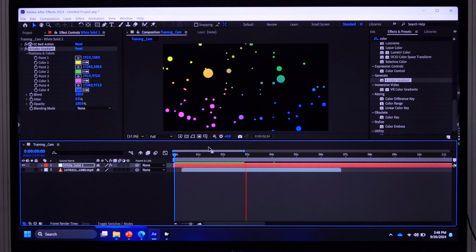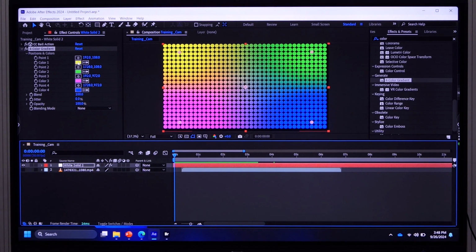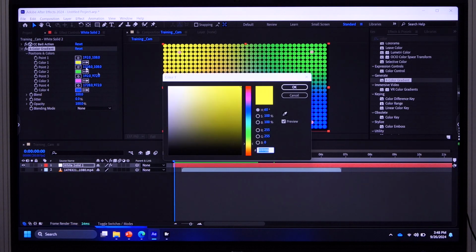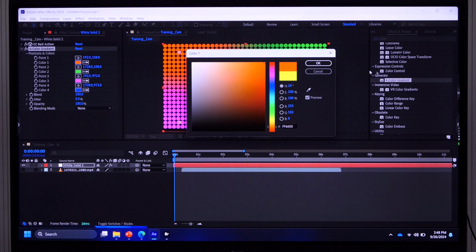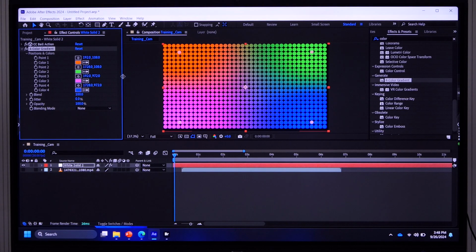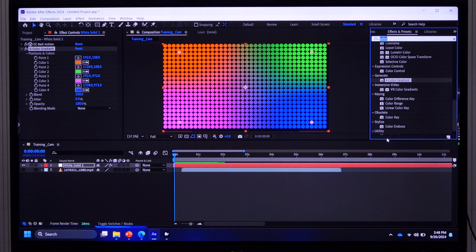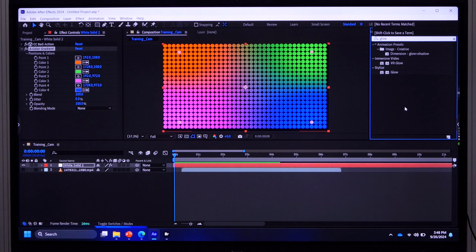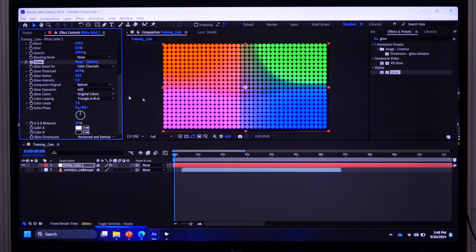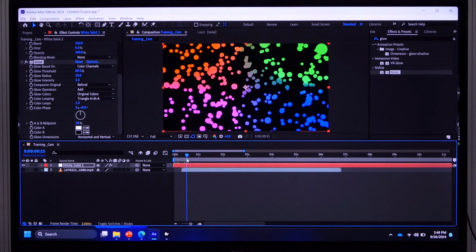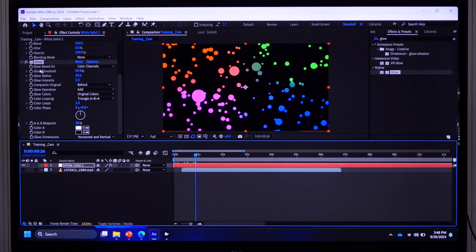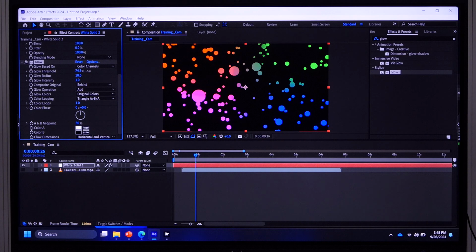It will look more interesting. If you want to change any of the colors, you can change them from here. If you don't like this yellow color, double click, change it to any other color, whatever you like. You have the possibility to change everything, and you can add as many effects as you want. If you want to add a glow effect, search for glow, double click, you have the glow effect. Inside the glow, you can change the threshold, you can change the radius of your glow. See,